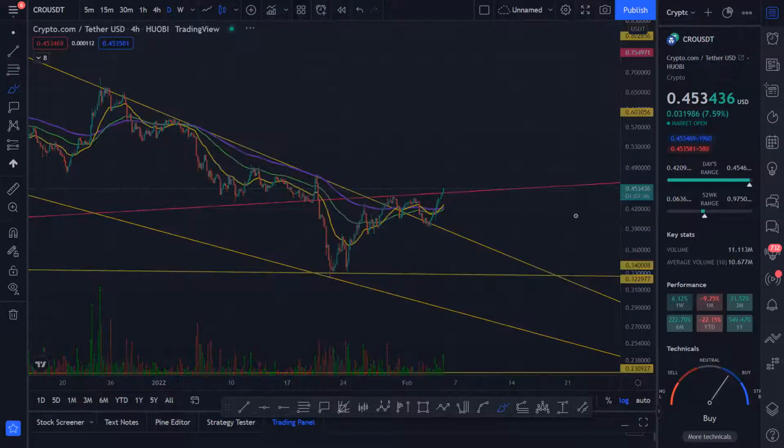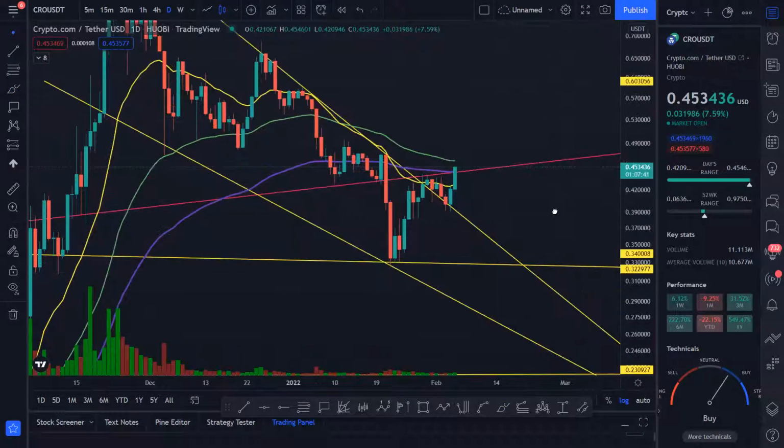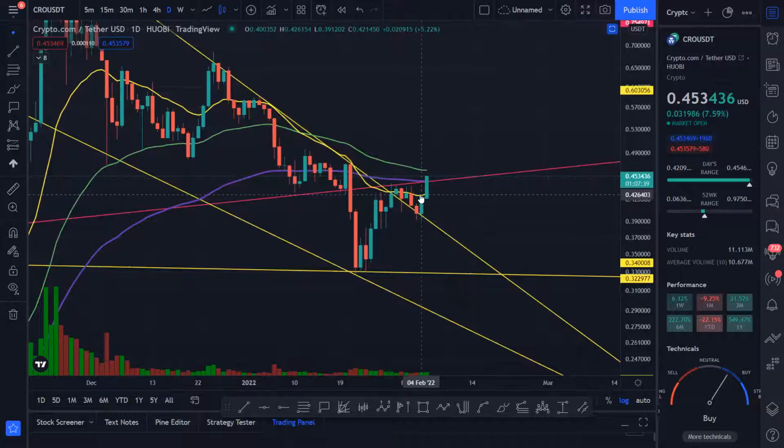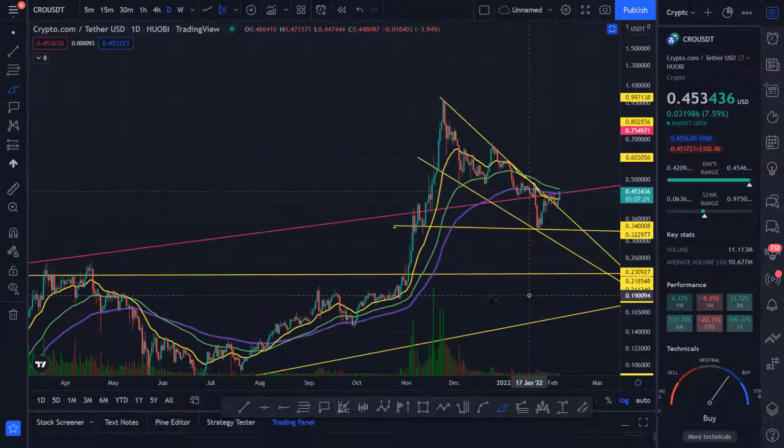And if you look at the daily time frame, okay, the price is above the 20 moving average, and the 100 moving average is trying to get above it too. And look at where the 55 is. So once we get over all these three moving averages, you're looking towards the upside, because last time when it happened